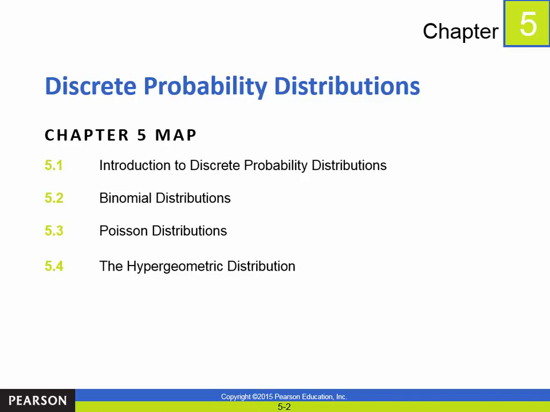They'll do an introduction and then binomial, Poisson, and hypergeometric distributions. The names sound scarier than what they really are. Also, the formulas look scarier than what they really are. That's the pattern we've noticed so far. Everything in statistics, names and formulas are scary. When you actually do it, not horribly scary. All right.